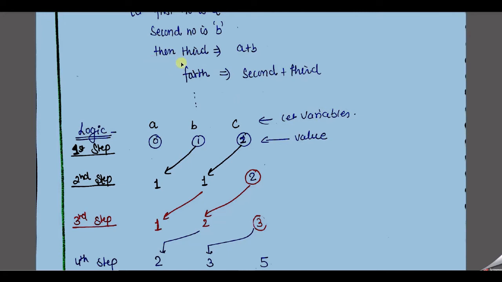Right now, when we are going to calculate the fourth number, is any activity performed by the first value? No. The second value, that means b, and the third value stored in c, that means b plus c. There is no call of a, that means the work of a is over here. Here b is equal to 1 and the third value is equal to 1. So 1 and 1, and again the sum is used, and a is useless.